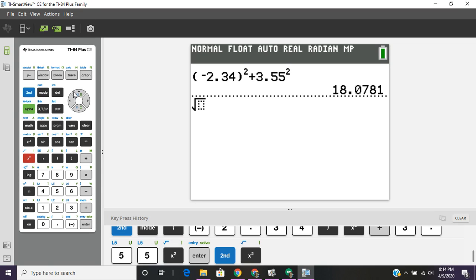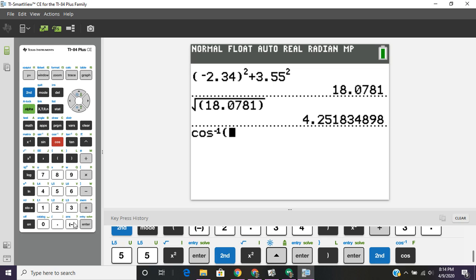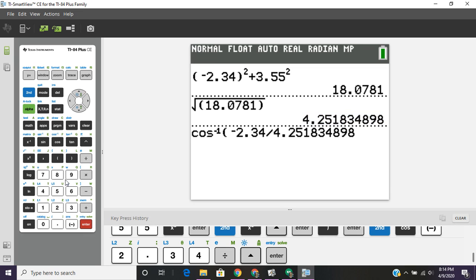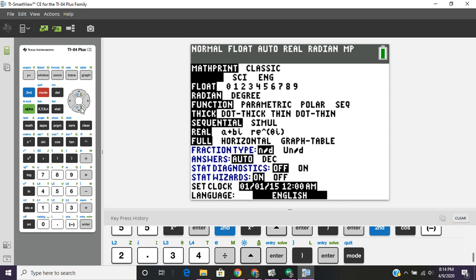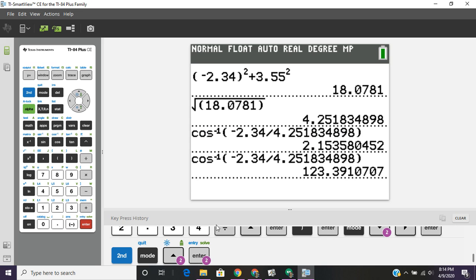And then what I mean by grab our answer is I just come up here and I grab this, and then I push enter. So there's that one. And then I'm saying, okay, I want to do cosine inverse of that negative 2.34 divided by, and I'm going to push up and grab that answer again. So that's allowing me to use my calculator to the exact form. By the way, I'm in radians, and I could tell that because that angle was way too small. So if I do that and I just come back up and grab this again,